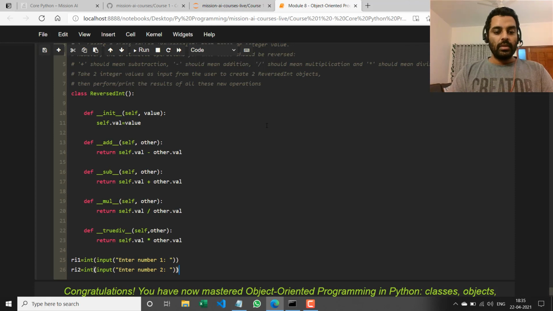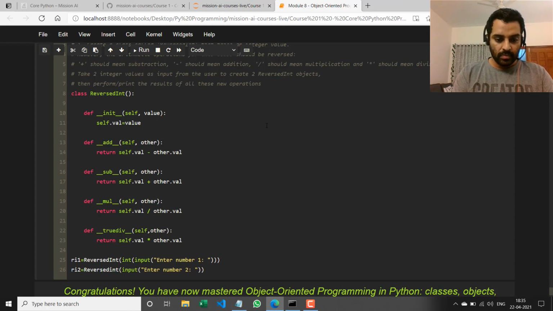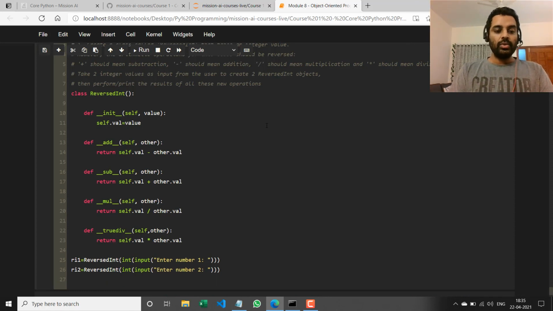And what I'll do is I'll wrap these two inputs into the reversed int constructor so that I create the correct kind of object. Reversed int of this value. So I'm creating two new reversed integers.